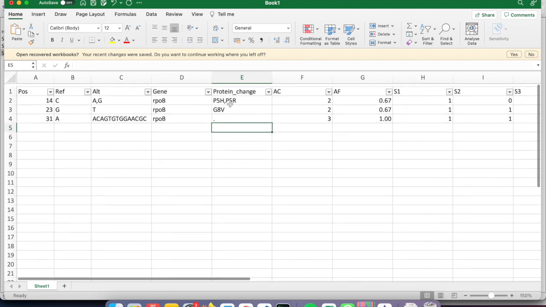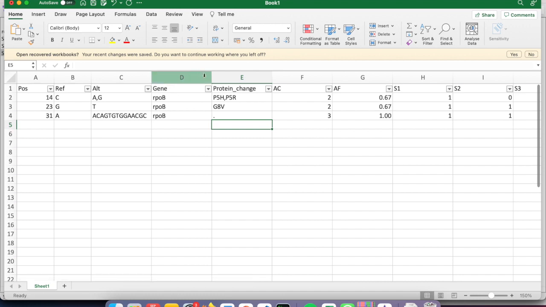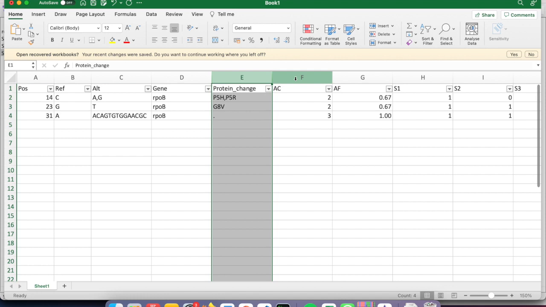Okay, so you can see that we've started to add in columns, which obviously made our data set quite a lot bigger. But it does mean that the format has become larger, so that the number of columns is increased based on what we want to share in terms of our variants. And so you might have a different organism which maybe hasn't been annotated yet, so we don't have that gene column, or you're not interested in the protein change, so you don't want to store that. So straight away we can already see that might become an issue, because when you load this into R or want to do any filtering or have any scripts,